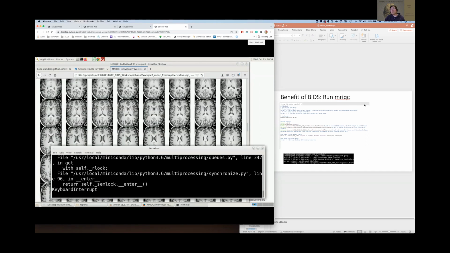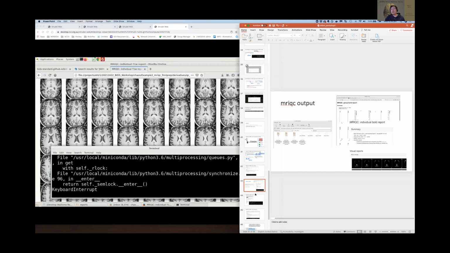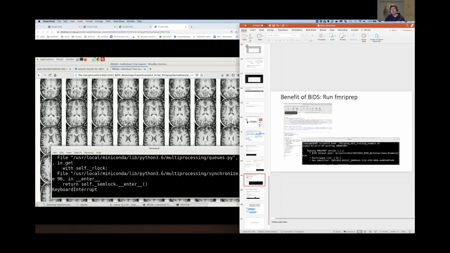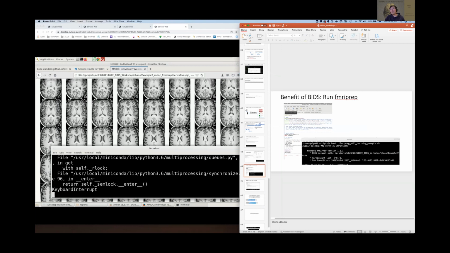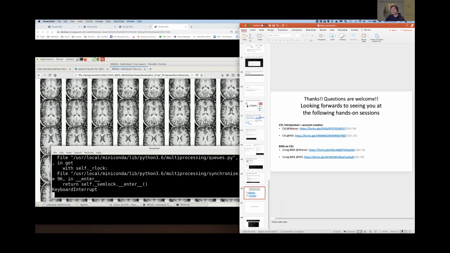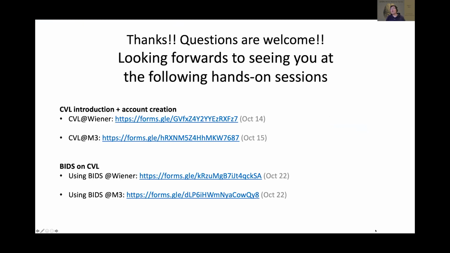So probably it's exactly the same thing for functional. So fMRIPrep. I'm sorry, there's a question about fMRIPrep in there, but it's clearly in there. It's exactly the same. You just bash the script I gave you, or you can just run the last line of the script. If you really want it, just join the hands-on sessions. I'll put it in here. And we've got time. I'm going to help hold everyone's hand step by step to go through here.